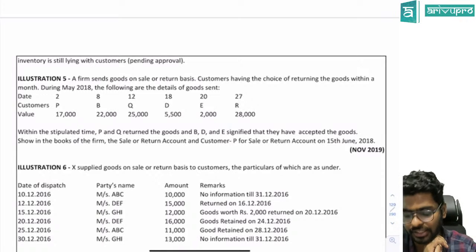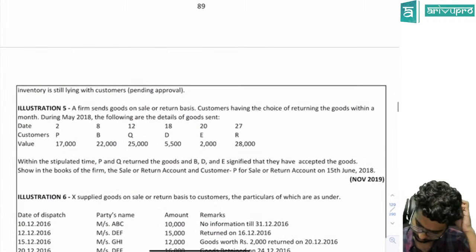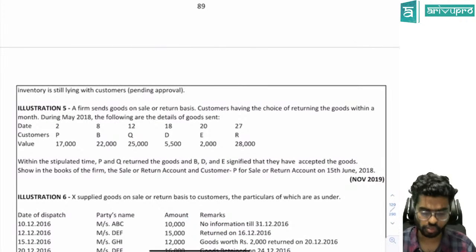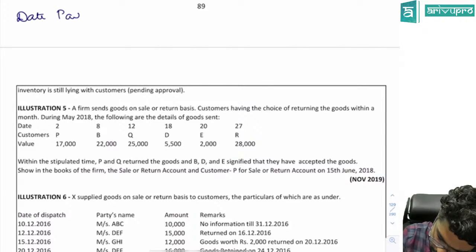Sir, sale entry we are going to be passing only when the customer accepts. That's the difference, no? That's why it's a different method, no, Kumar? Guys, see here. So guys, see here, I'll make a table: date, particulars,